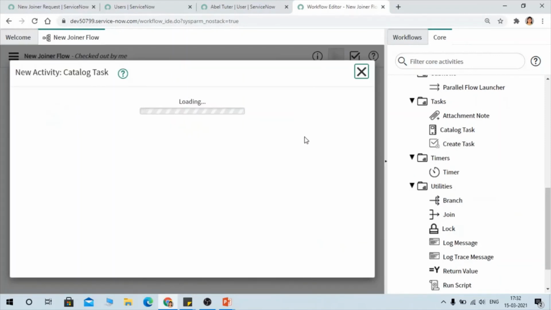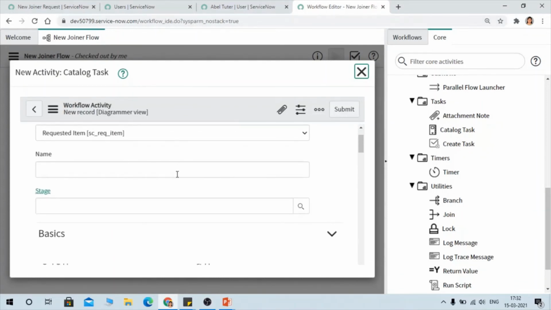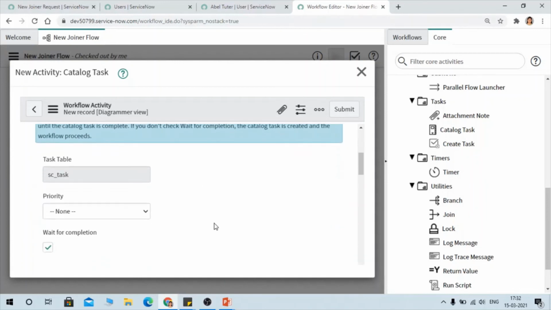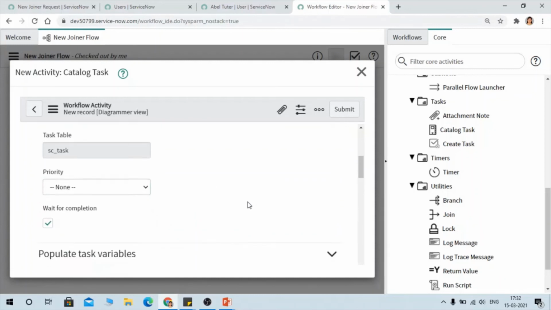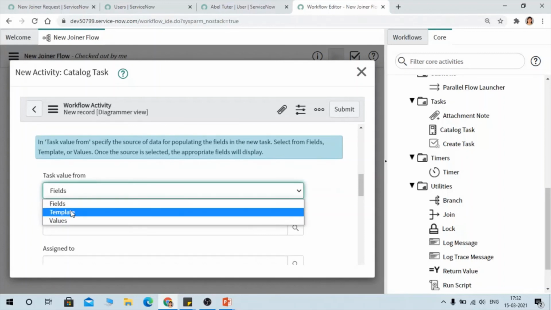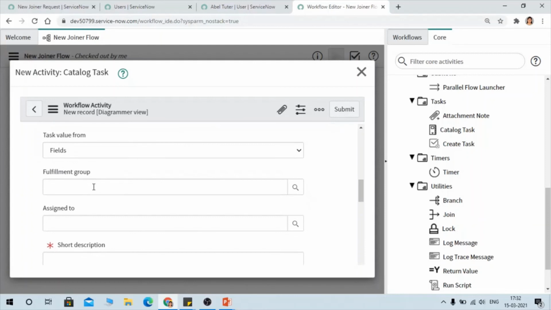So I am going to drag this catalog task activity and fill in the information. So create task, okay, and priority you can define it here if required. I'm not giving any priority. So task value, you can take from templates, fields or value, you can define it here.